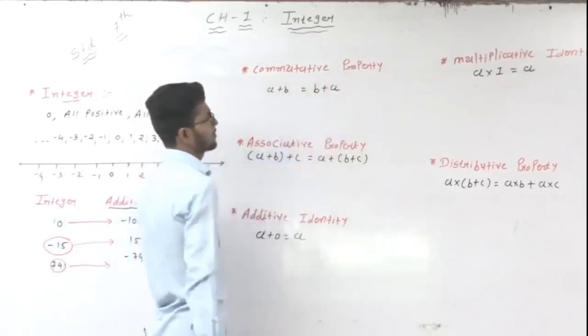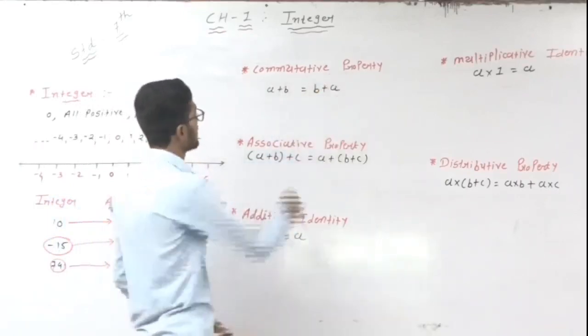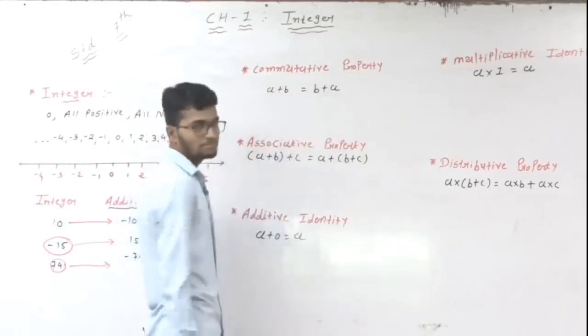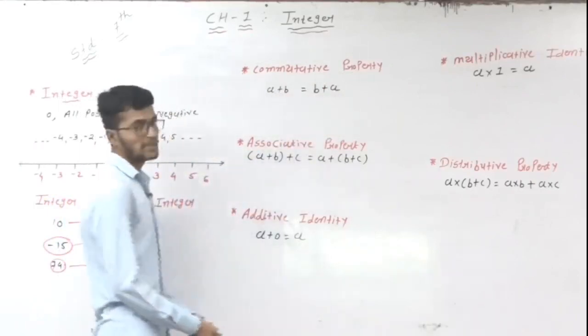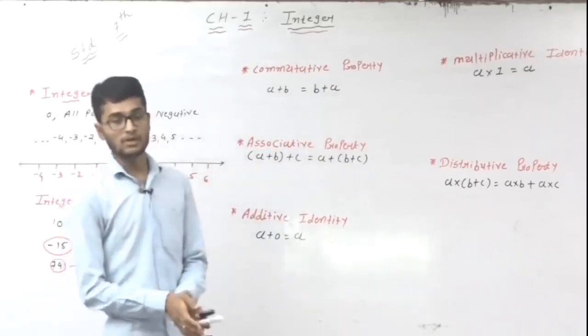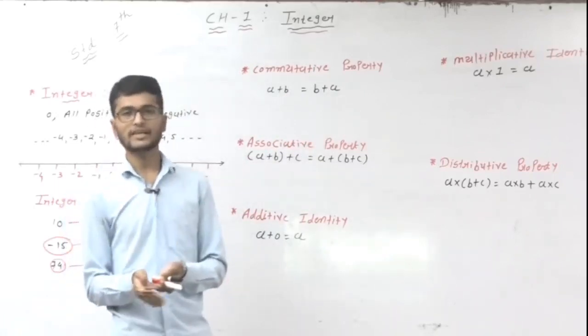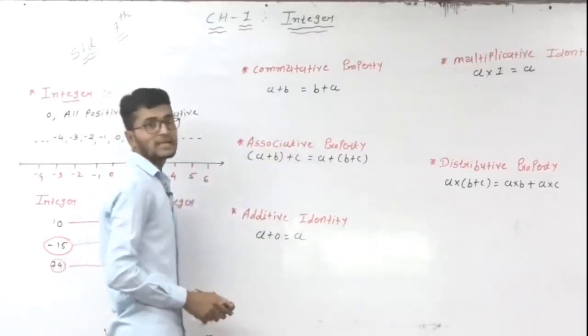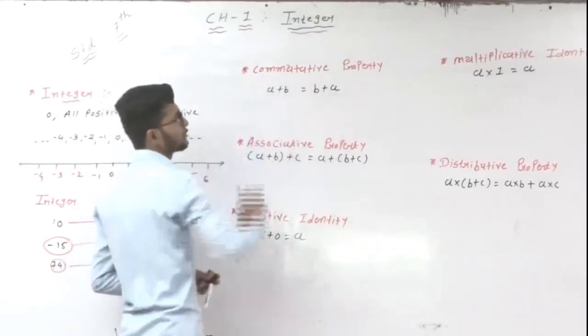Now next one is the commutative property. Here, we use many types of properties. So this one is the general formula, a plus b is equal to b plus a. So what is a, what is b? a and b are numbers, positive numbers or negative numbers are given. So this one is the general formula, a plus b and b plus a, it means the commutative property.